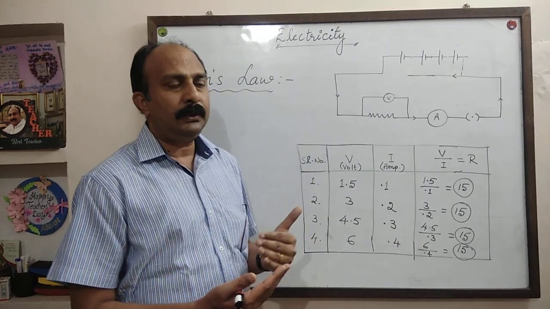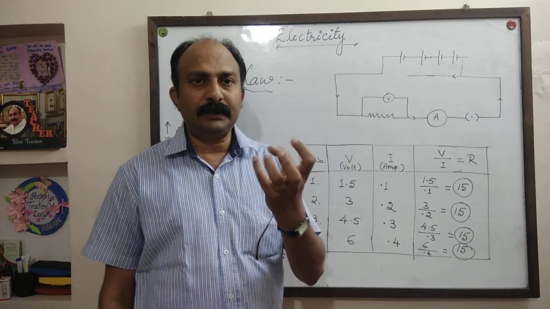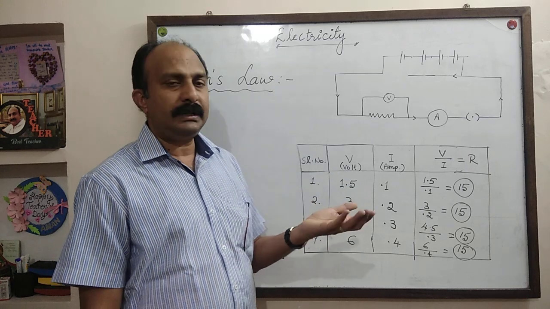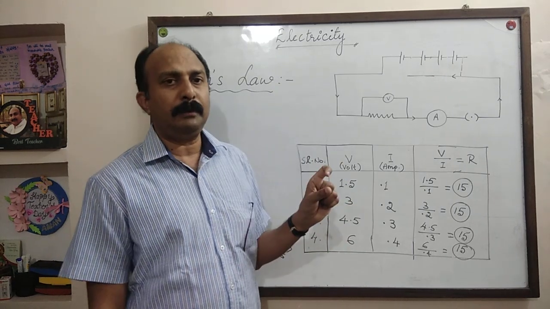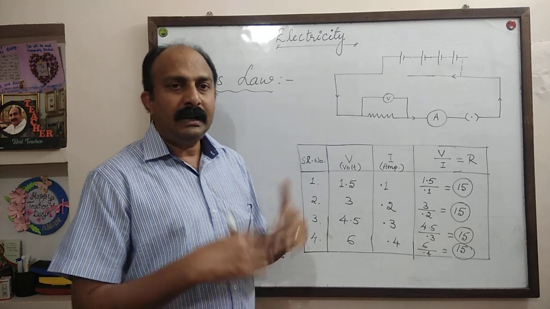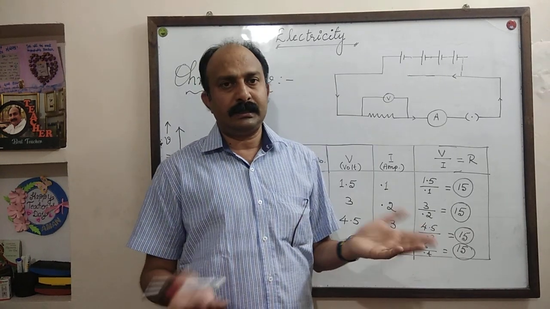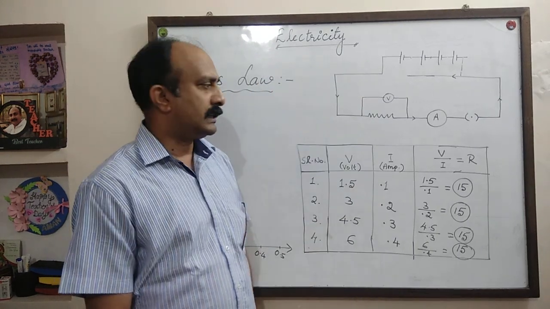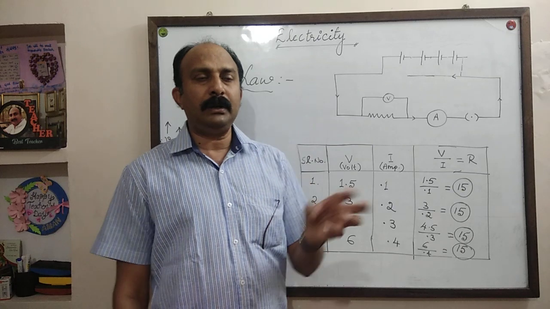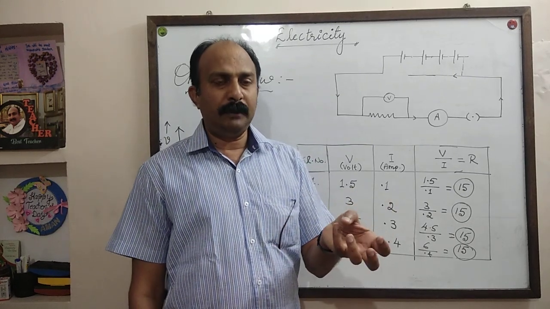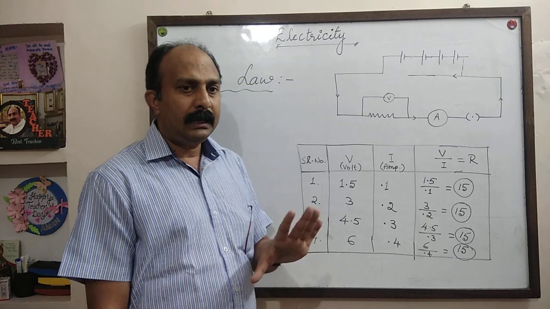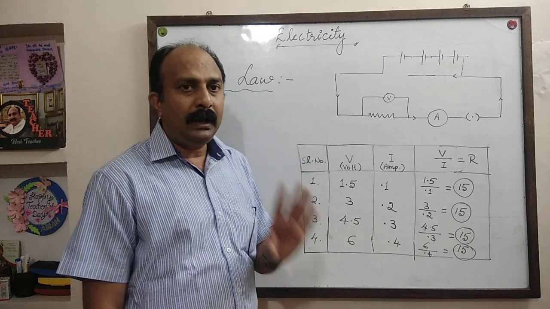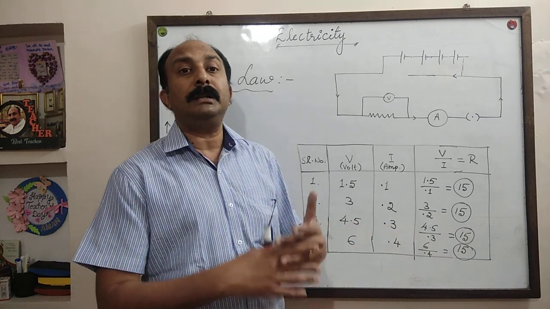This opposing nature of the conductors is known as resistance. This resistance value depends upon the material of the conductor. For example, alloys have higher resistance than pure metals. Even among metals, different metals have different resistance. That is our next topic that I will explain in the next class. So resistance is the property of materials. What type of material? Good conductors, where a part of the electricity flowing through these materials will be converted into other forms.